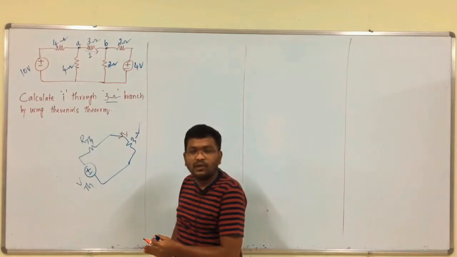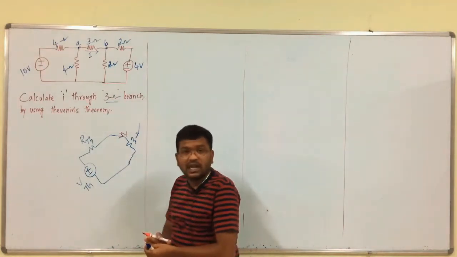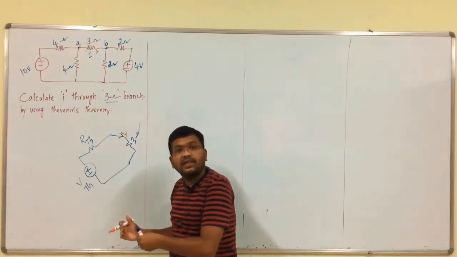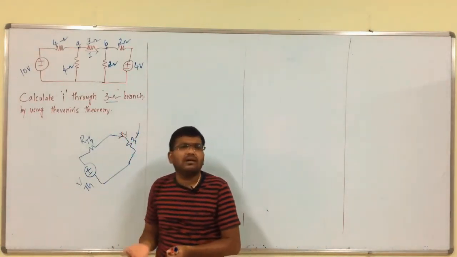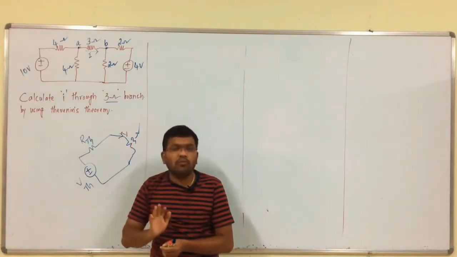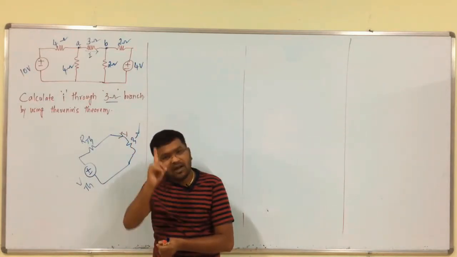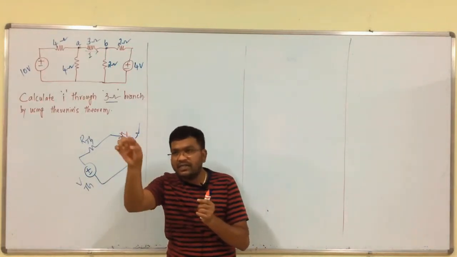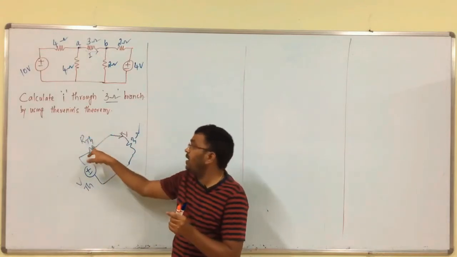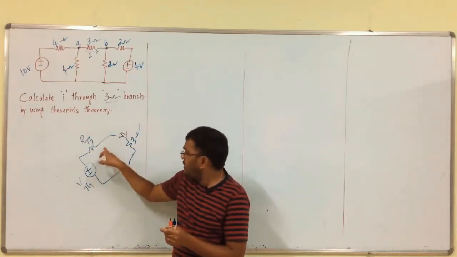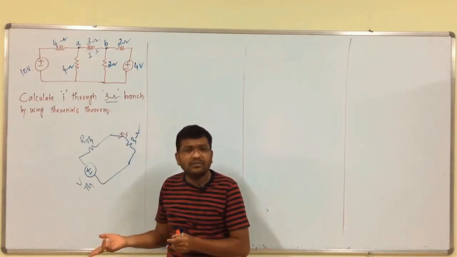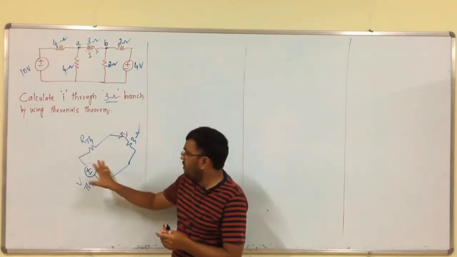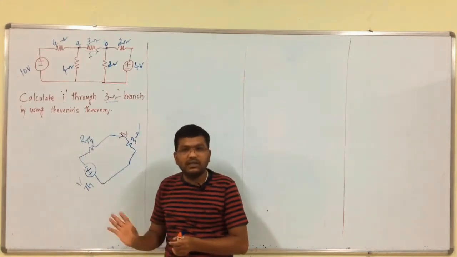Do not get confused by this type of circuit if this problem comes in the exam. Whatever the given circuit, even a more complex one, at last we get this simple circuit: VTH in series with RTH, with the load resistance connected in series with that RTH. Finally, we calculate the simple loop current. So, do not get confused at all. Finally, we got this circuit by using Thevenin's theorem.